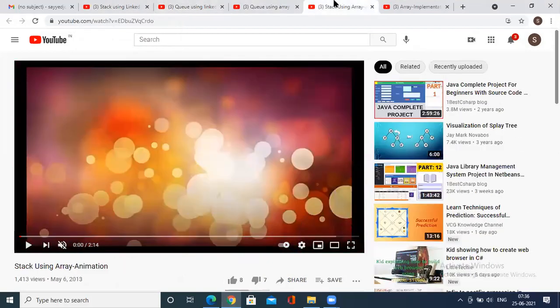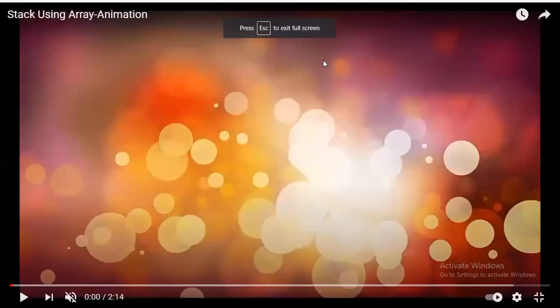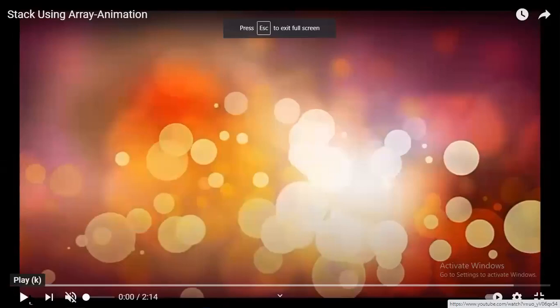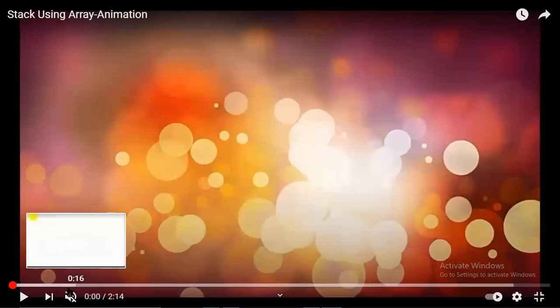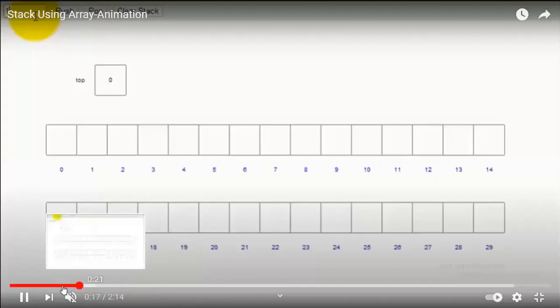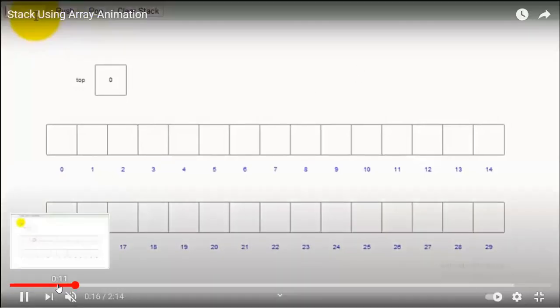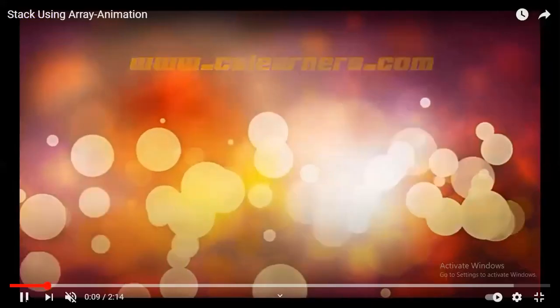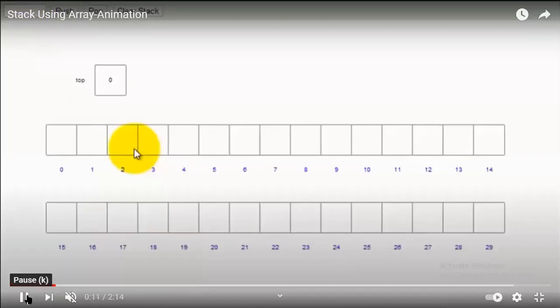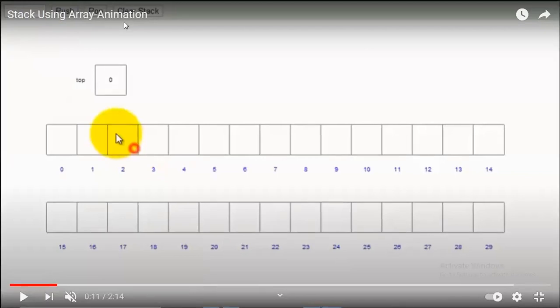See, in the case of stack using array, you could see what could be the difference. Imagine what could be the basic criteria here. This is one of the ways of representing a stack using array.